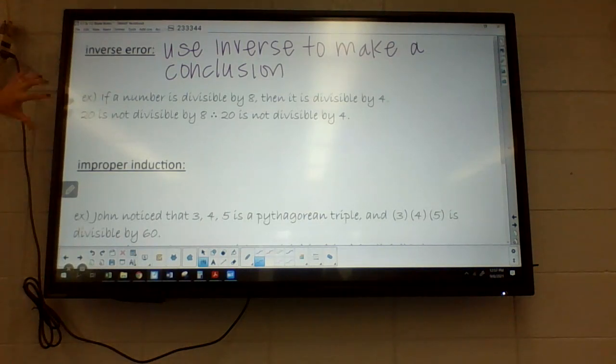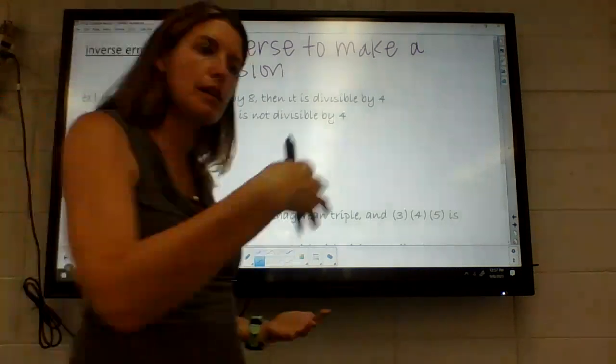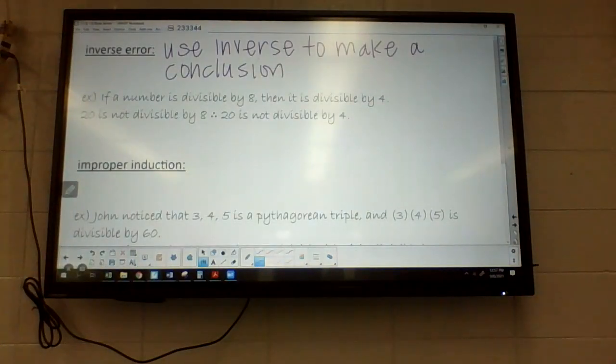So the if-then statement: if a number is divisible by 8, then it's divisible by 4. That is actually true. So you can divide it by 8, you can divide it by 4. The inverse of that: if a number is not divisible by 8, then it is not divisible by 4. Typically, if the if-then statement is true, the converse and inverse are both false. So in this case, if a number is not divisible by 8, then it's not divisible by 4 may